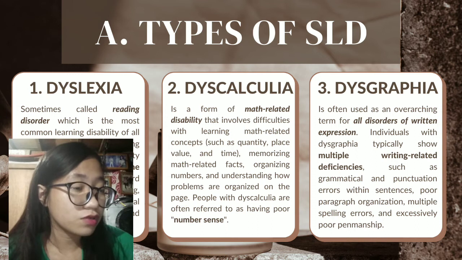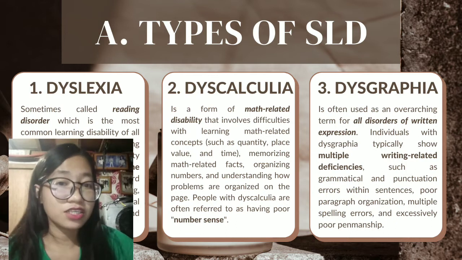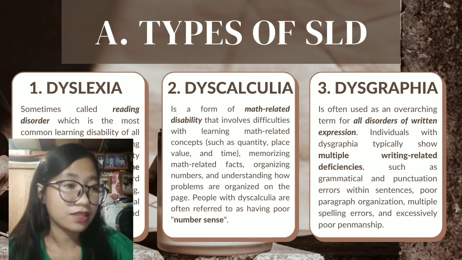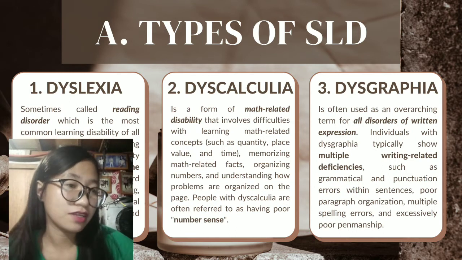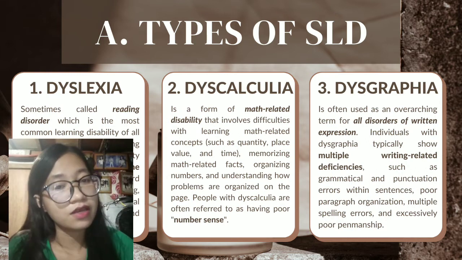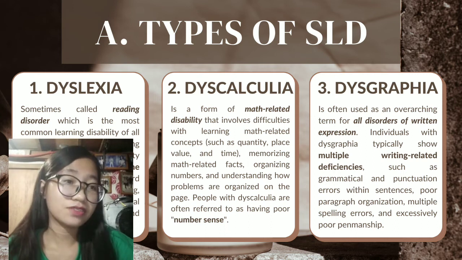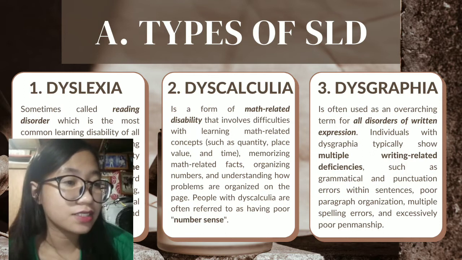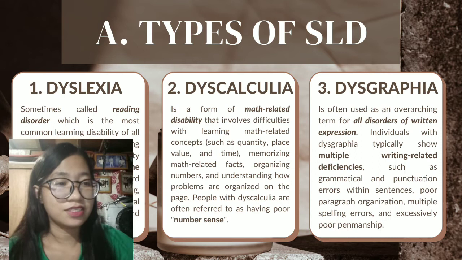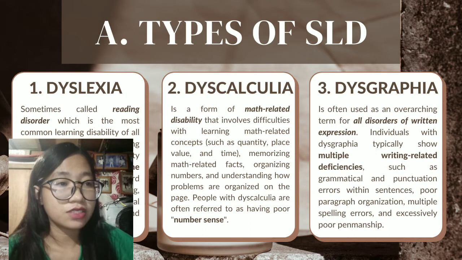So difficulties includes grammatical and punctuation errors within sentences. So taga siya grammatical errors sa iyang writings, yung punctuation errors. So imbis nga tuldok dapat ang gibutang kay question mark, ganun. Then poor paragraph organization, so di siya kay pa mo-organize sa iyang mga each paragraph niya. Then multiple spelling errors, so tagan siya sayop sa spellings. Excessively poor penmanship, so iyang agi is bati, so maglisod og sabot ang uban niya tao. So like siya ra makasabot sa iyang gisuwatan, so murag ingana.